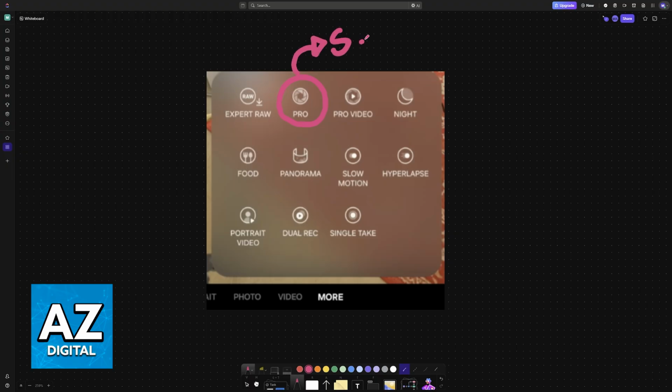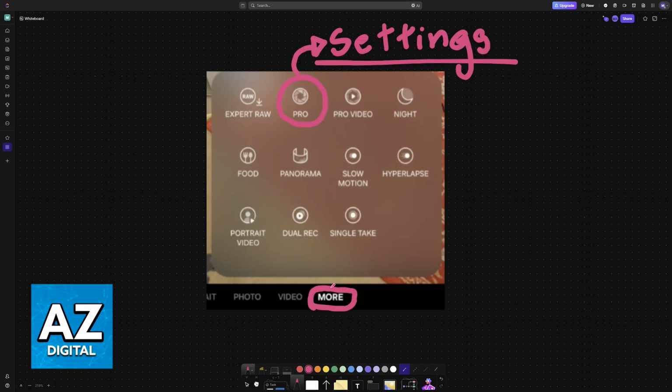In this video, I'm going to be talking about how to set up and use the Pro Mode on your Samsung camera. So regardless of which Samsung device you have, you will find it available under More, and you can go over to Pro or Pro Video. So in general, everything that I say will apply to both of these modes. Pro is going to be used if you are taking pictures, and Pro Video for recordings.